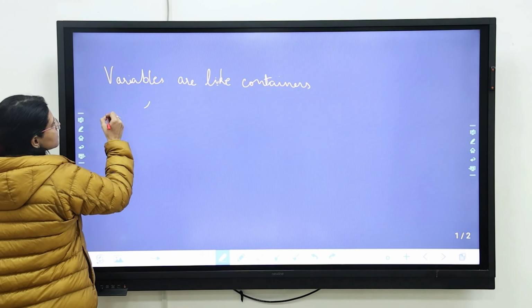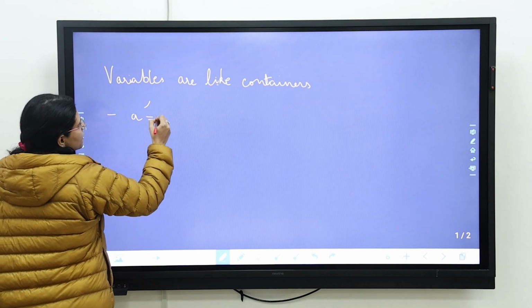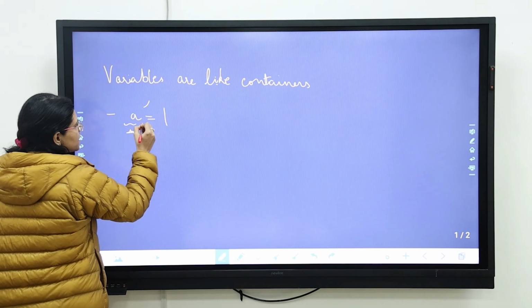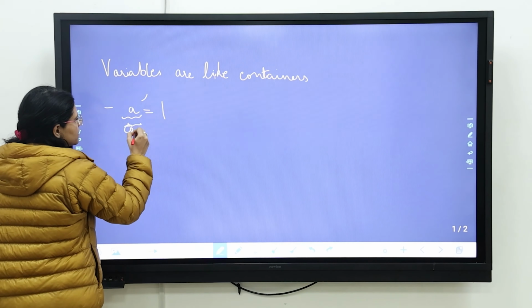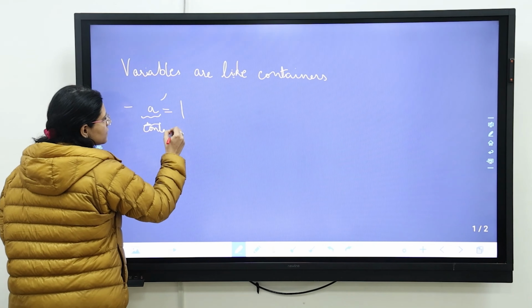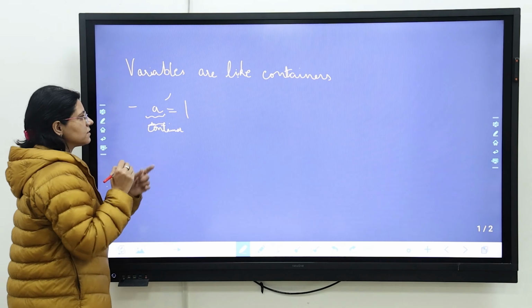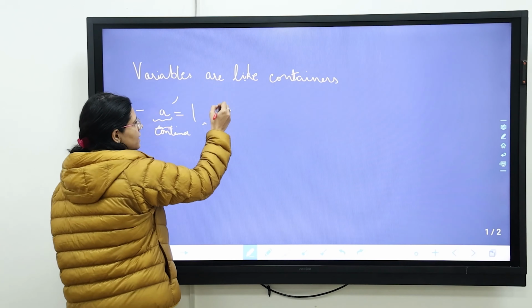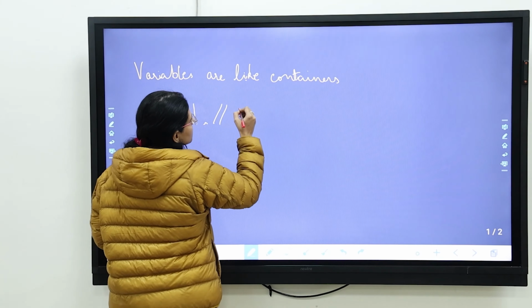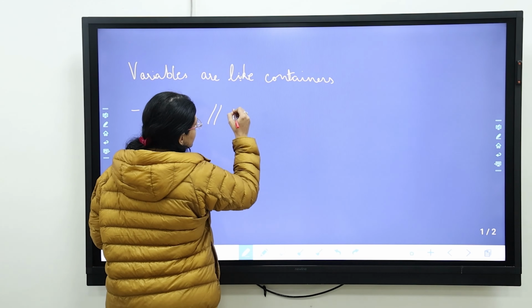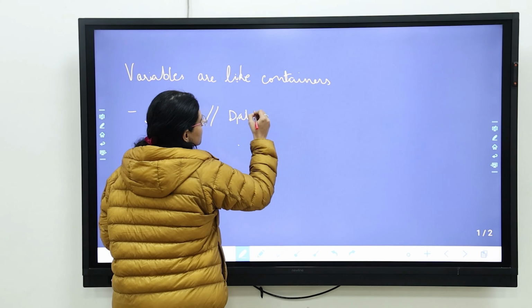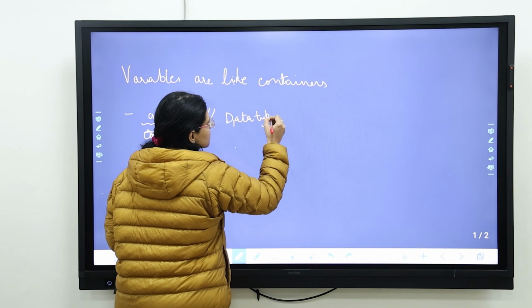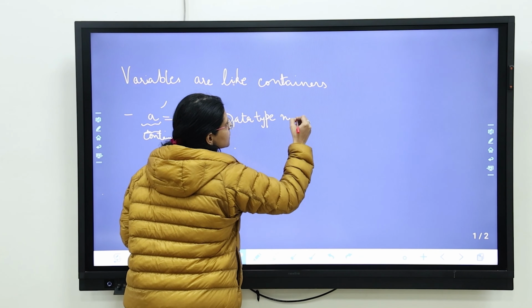For instance, we have a equal to 1. So this is a variable, and this is a container. This variable is written with the data type to be numeric.